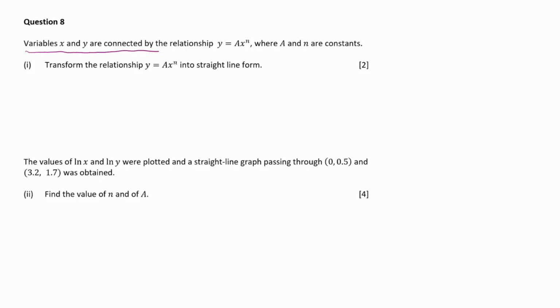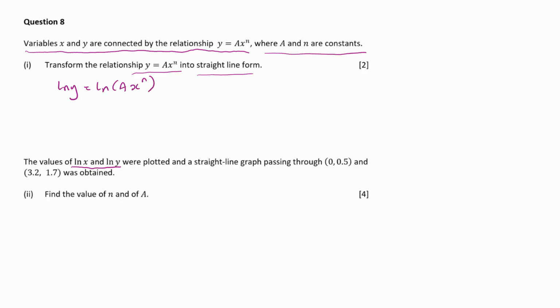Variables x and y are connected by the relationship y equals ax to the n, where a and n are constants. Transform that relationship into straight line form. Well, let's take logs of both sides. I'm just looking down at the rest of the question. I'm going to take natural logs. So ln y would be equal to ln